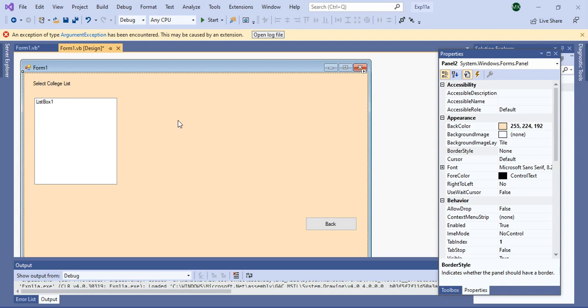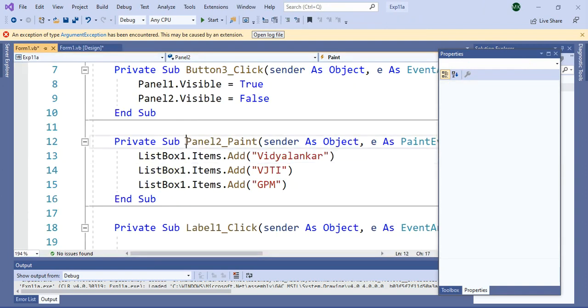So double click on this panel, it will open the panel 2 paint event, in which we are adding college names with list box 1 dot items dot add and the name of the college. You can add any number of colleges in that list box. So it will be visible when you open panel 2.